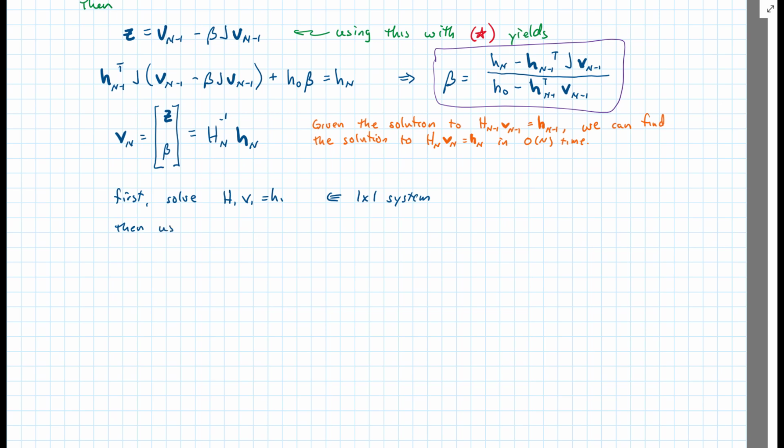Then we use that to solve H_2, and now we have a vector v_2 is equal to h_2. This is a 2 by 2 system. All the way down, and we do H_3 and v_3 and so on and so forth until we finally get to H_n v_n is equal to